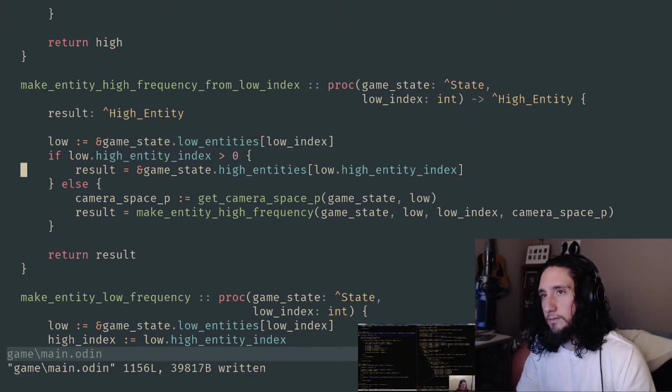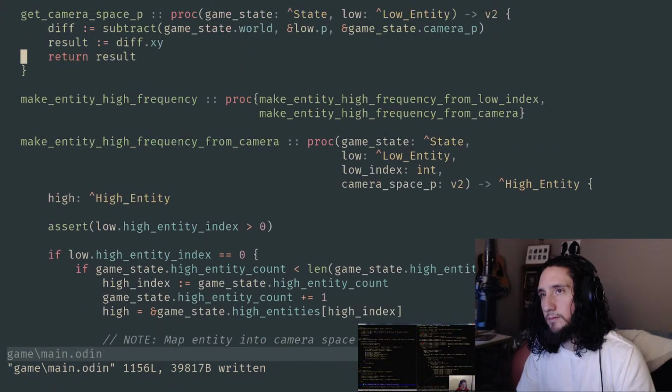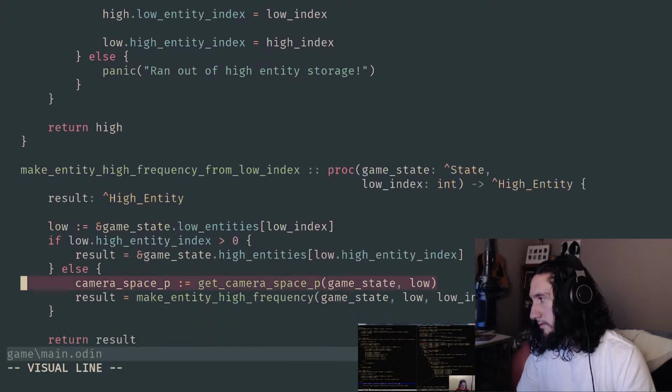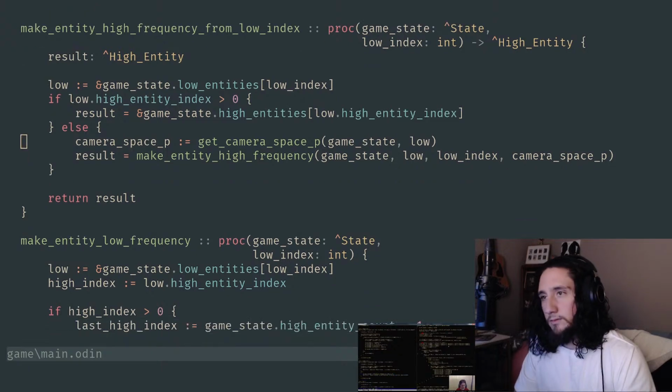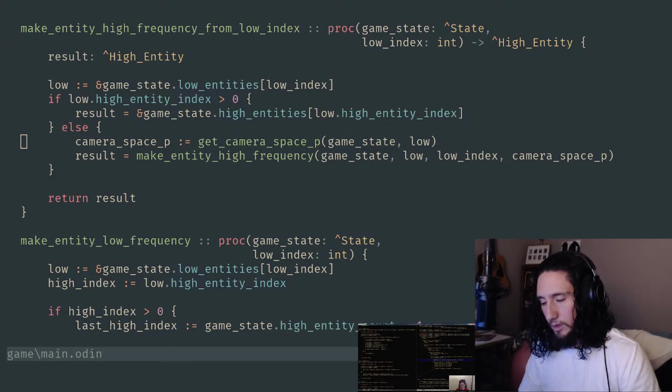And of course, now we have to actually call this function to get the camera space p in the case where we have to actually make it, because now it's a 2-part call. So this is the camera space p right here. And that will do nicely, I think. So that gets the camera space p and passes it, right? Now, because we have this broken into parts, it's a lot easier for us to deal with here. We know that we've already checked against all of this stuff, so we can...